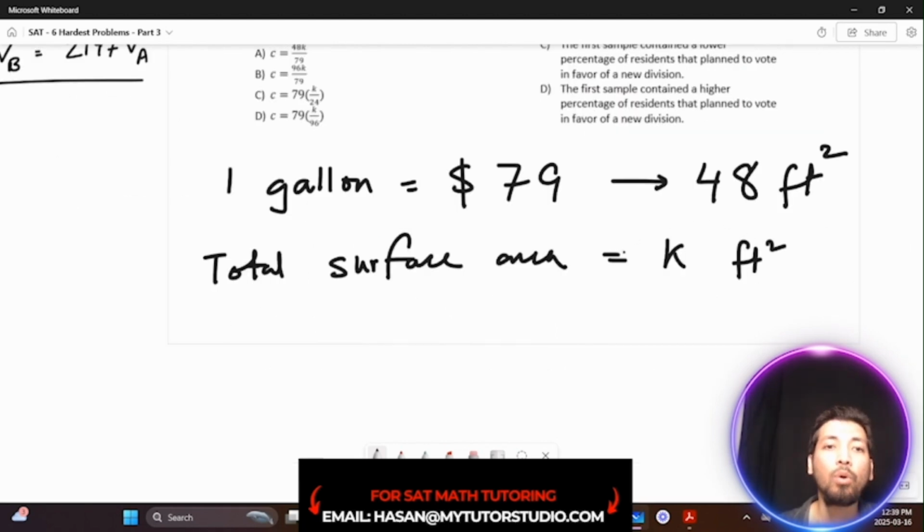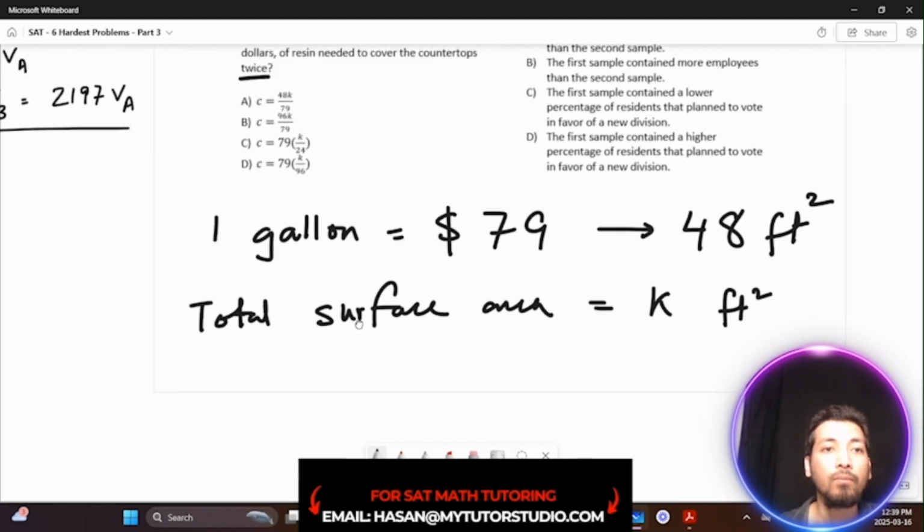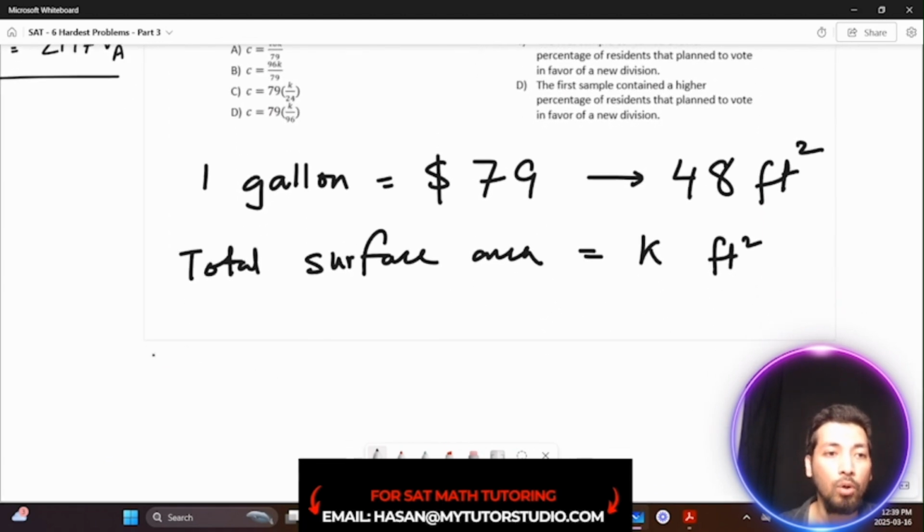So if you divide the total surface area by these 48 square feet, we get the amount of gallons that's needed to cover the countertops. Because we know that 1 gallon will be covering 48 square feet, for covering K square feet, we need to divide this total K by 48. So that gives us the amount of gallons,